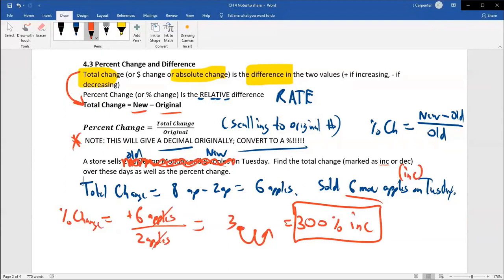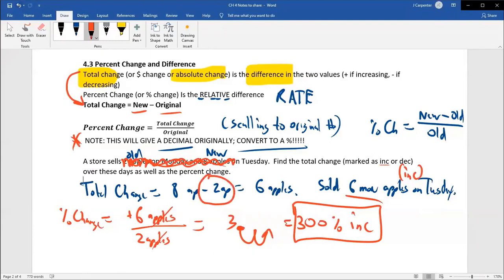This corner store went from 2 to 8, though. But either way, both of those would be a 300% increase. Now you're thinking, Mr. Beckner, why isn't it 400%? Because you didn't hear me earlier. 400% would be just comparing the two. We're talking about the change, and the change disregards what we originally had. That's why we subtracted it off. So subtracting this 2 off is where that other 100% essentially went.